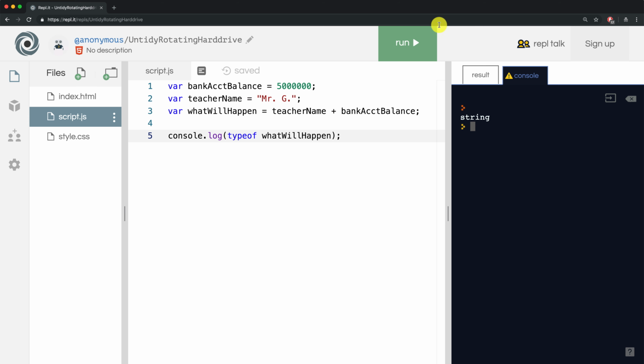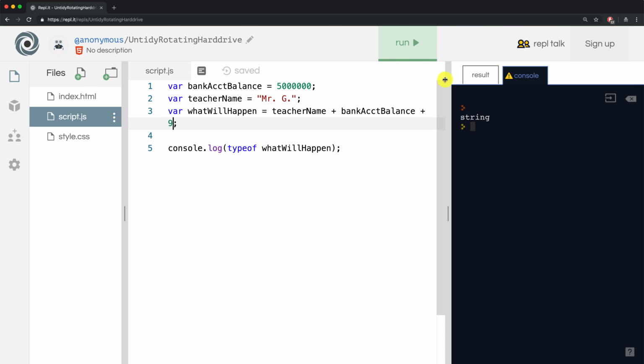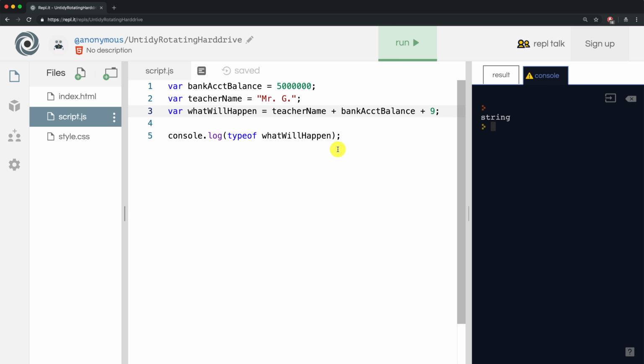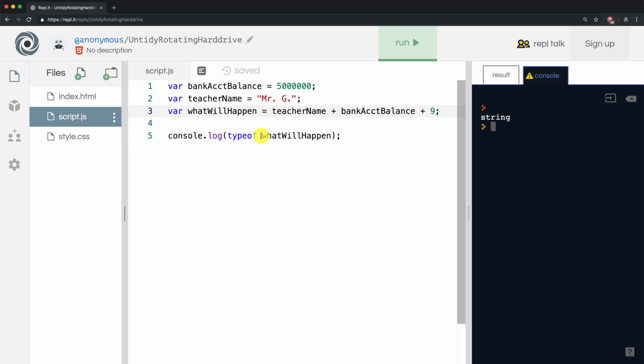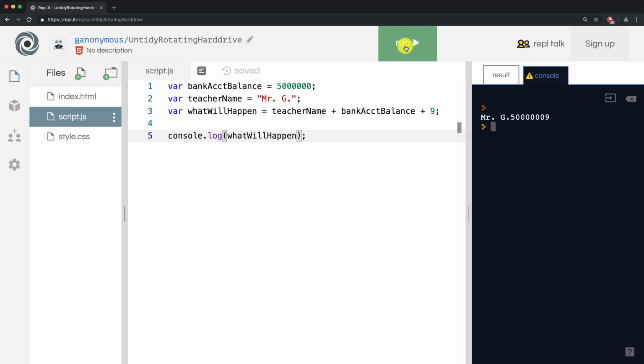But what's going to happen if, let's say, I add 9 to the end of this? So let me just drag this over just a little bit more. What's going to happen if I run this? So if I run it, it still says string. Let me see what the value is of what will happen. And it's Mr. G, 5 million, and then it has a 9. It looks like it didn't add the 9 to the 5 million, but it just concatenated all of that and turned it into one big string. So it looks like JavaScript is converting the 5 million and that 9 into strings and just putting them back